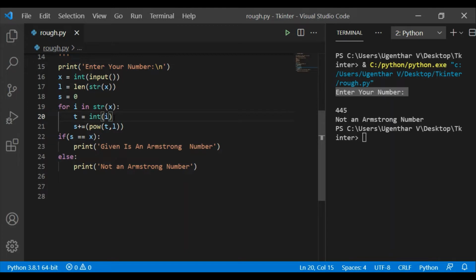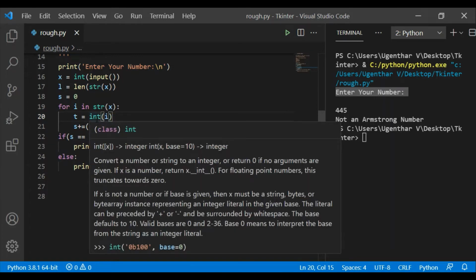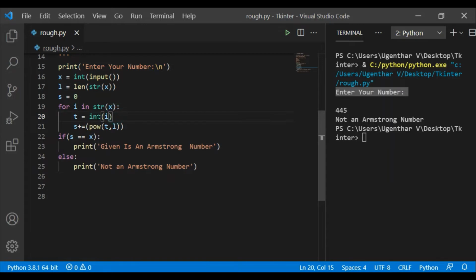I want to convert it into an integer, so I am using the int class. Then it will be stored in t. Now I'm going to find the power of 4 comma the length, which is 3. That means 4 power 3. Now s will have 4 power 3. After that, i is equal to 4, again 4 power 3.